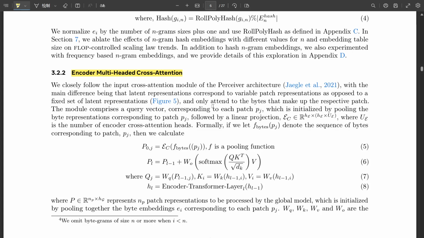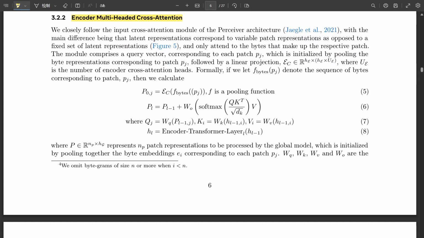Exactly. It shows that BLT has the potential to not just change how we think about language models, but also to actually use and improve on all that progress that's already been made. It's like BLT is standing on the shoulders of giants. I like that. Standing on the shoulders of giants.